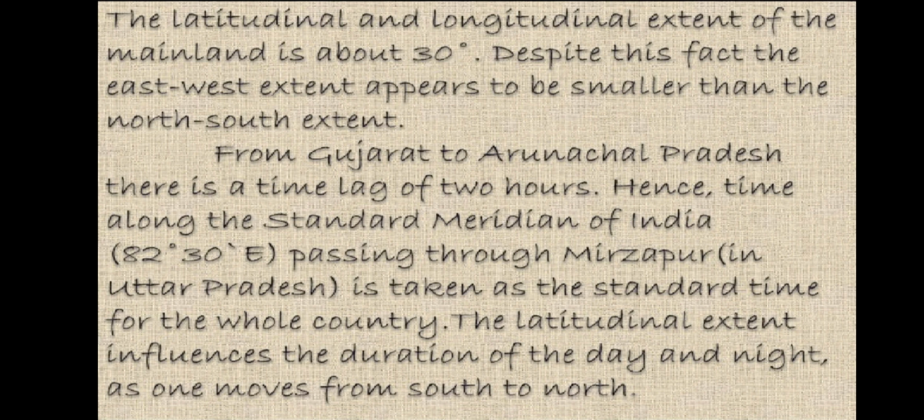So 30 into 4, that is 120. 120 minutes means 2 hours. From Gujarat to Arunachal Pradesh, there is a time lag of 2 hours. Hence, time along the standard meridian of India, 82 degree and 30 minutes east, passing through Mirzapur in Uttar Pradesh, is